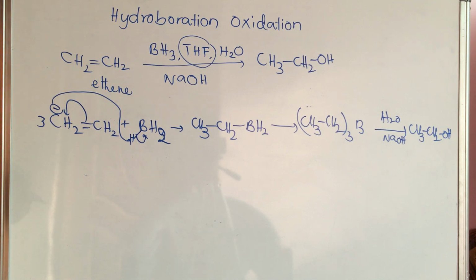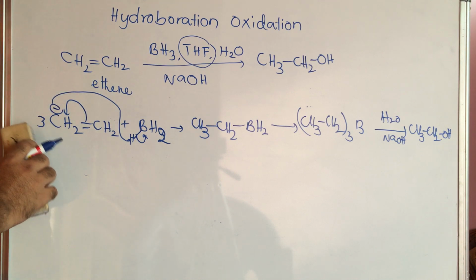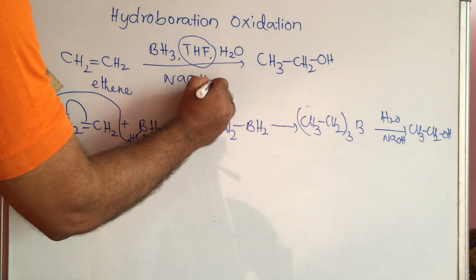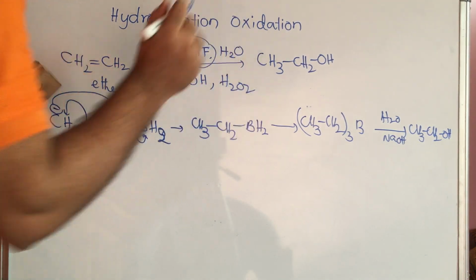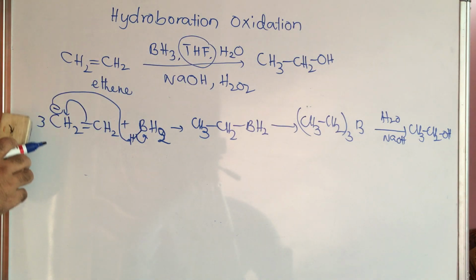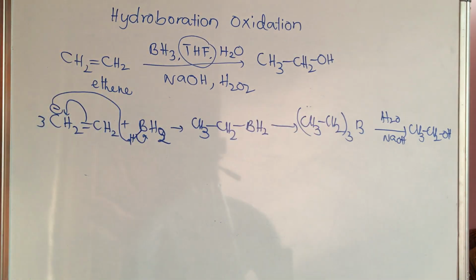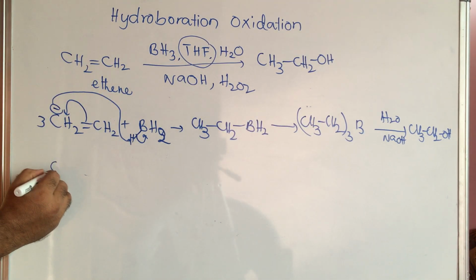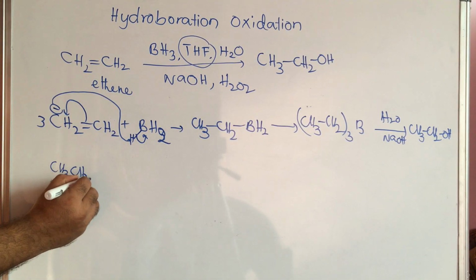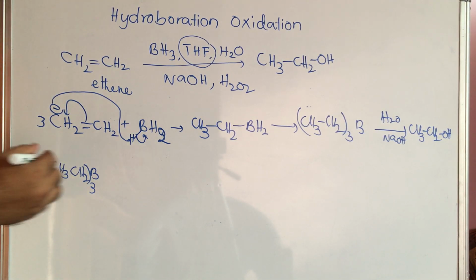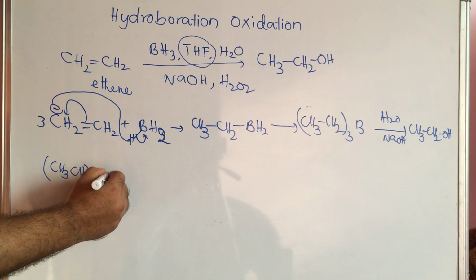What is the exact clear mechanism for this reaction? Is it just a one step or two step mechanism? And here we are using H2O2 also. So what is the role of this H2O2? We will discuss now. So now after this formation, the clear mechanism will be CH3CH2 taken twice.